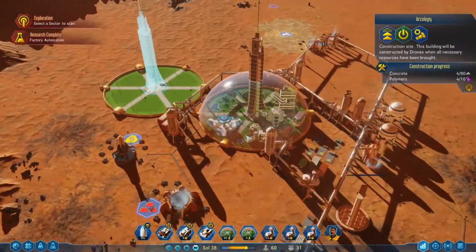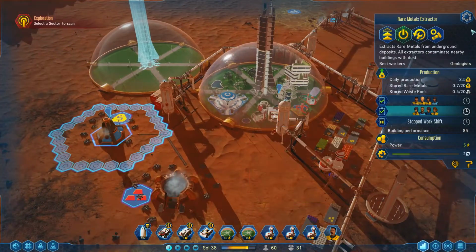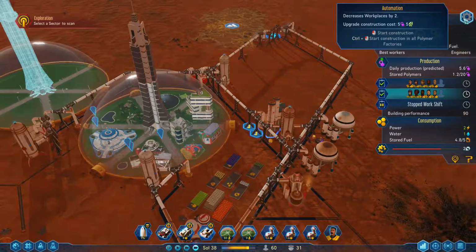As soon as this arcology is done, we'll also launch our next set. Actually, you know what? Oh, factory automation is done. Okay, now, is that an upgrade? You are not a factory. You are a factory. That is an upgrade. Okay, so we need 5 polymers and 5 electronic parts. Decreases 2